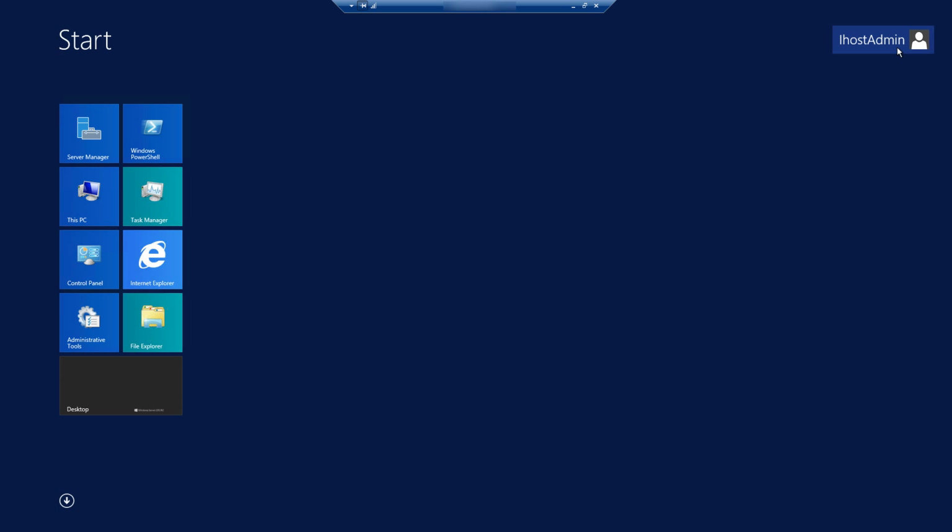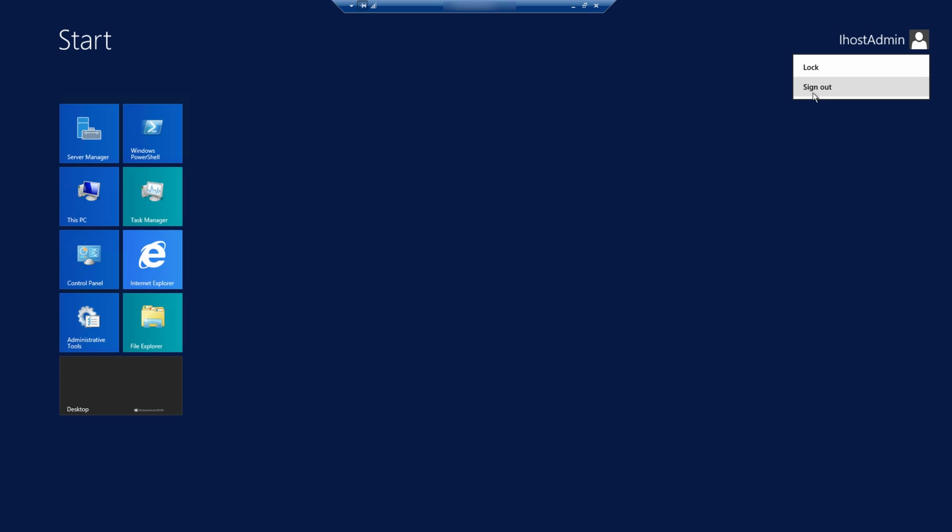If you left click on this username up here, you'll get a short menu that comes out to lock the computer or sign out. This is the option to actually sign out and disconnect yourself from the server when you're done working on it. So you just want to make sure that you have all your documents and work saved up, because when you click on this, it will close down everything that you currently had open and log you